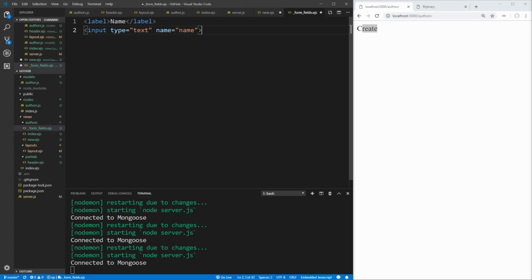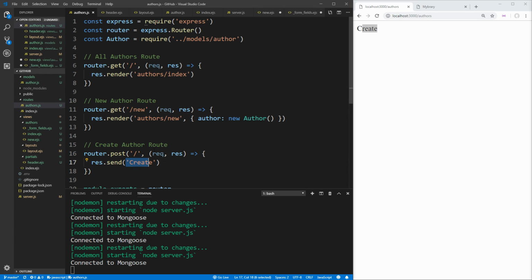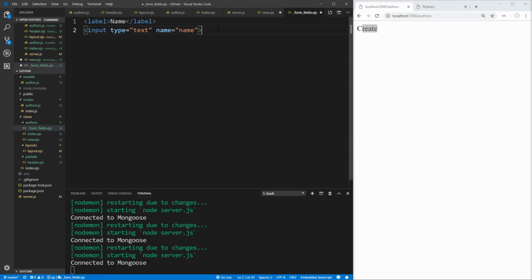So to use that author variable that we sent down to our server from this page, remember we created this new author, and we want to use that inside of here. So we use a less than sign, a %, and then an equal sign. The equal sign essentially tells the server to create whatever text you got from inside of this function right here, so in between these two less than and greater than signs, output that as HTML to the page. So we'll say author.name, and this is going to output our author's name right here instead of this text of author name. Then we just want to close that input just like this, and if we save that,